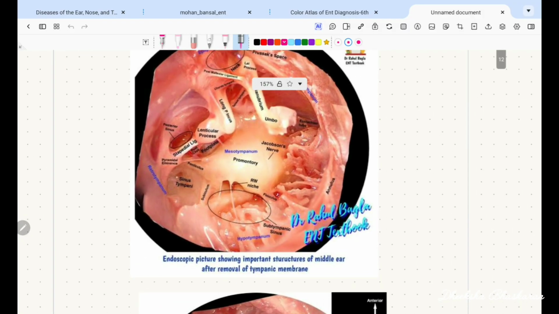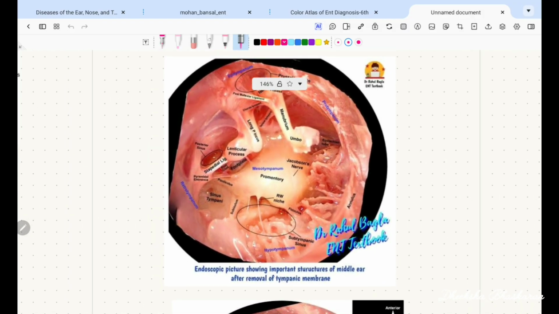And we have another image here, which is also similar. So we have the promontory. Okay, this is the epitympanum. So this is the superior part, this is the middle part, and this is the inferior part, the hypotympanum. The promontory with Jacobson's nerve on it, and we see the ossicles here. So this is the